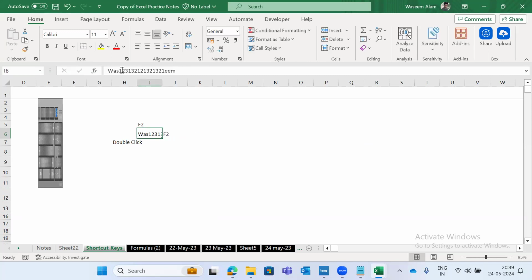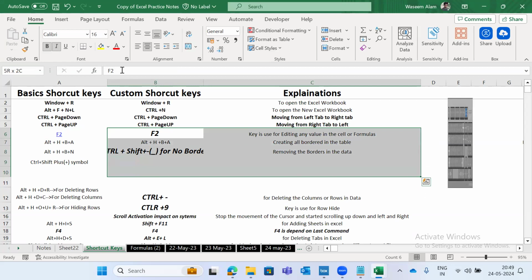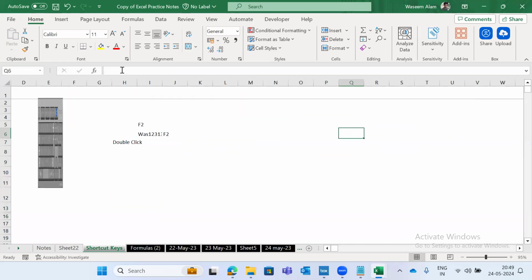So what can we do here? Press F2 and select this value. How to select this value? Shift right command. Now we are selecting all the data this way. If I'm typing the same thing,